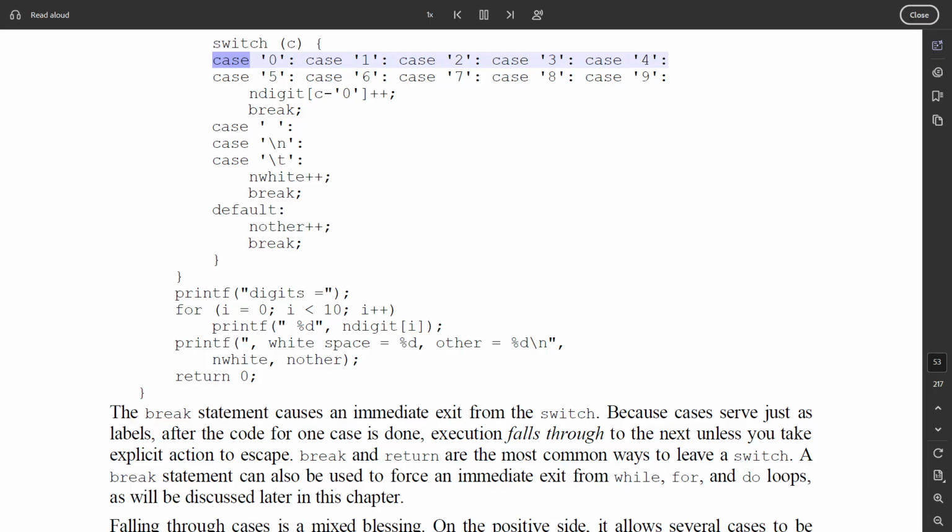switch (c) { case '0': case '1': case '2': case '3': case '4': case '5': case '6': case '7': case '8': case '9': digit[c-'0']++; break; case ' ': case '\n': case '\t': white++; break; default: other++; break; } } printf("digits ="); for (i = 0; i < 10; i++) printf(" %d", digit[i]); printf(", white space = %d, other = %d\n", white, other); return 0;